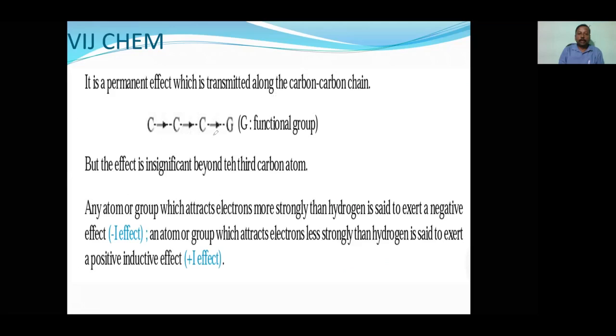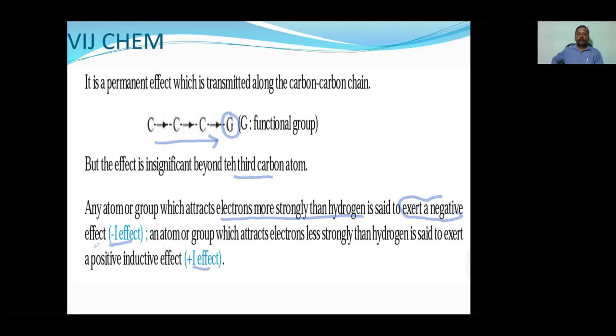This is the direction of transmission. That means the group we are thinking of is more electronegative. That also we will come to know, what is the minus I, what is the plus I. The effect is insignificant beyond the third atom. So any atom or group which attracts electrons more strongly than hydrogen exerts an electronegative effect, that is minus